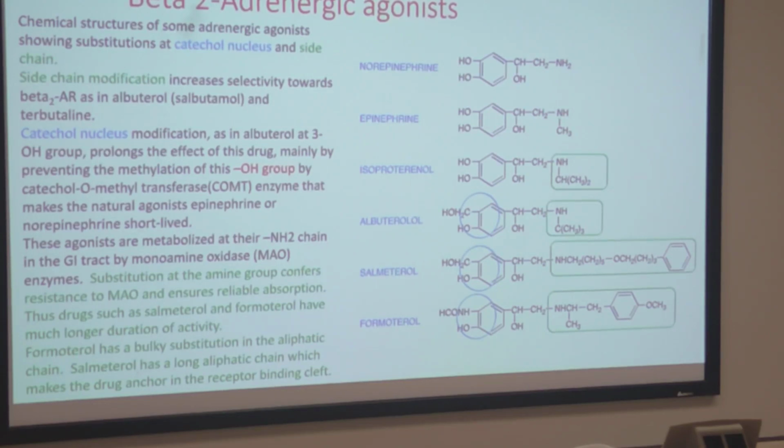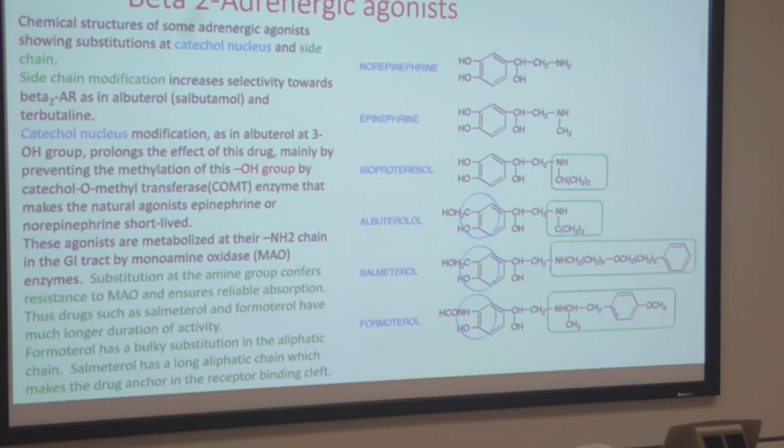Can we do it chemically? That is the whole idea of making chemically stable molecules of epinephrine and norepinephrine. That way you can prolong how long these chemicals stay in the system, and also increase their potency to bind to beta-adrenergic receptors. So that's the chemistry here. There are two places you can